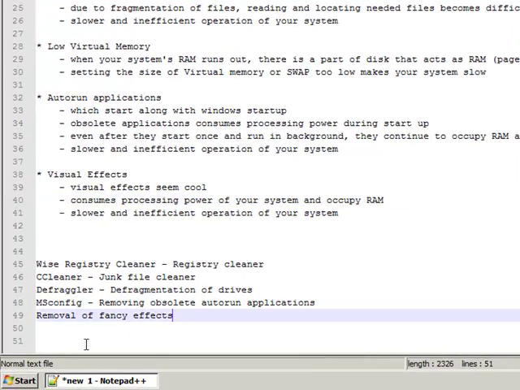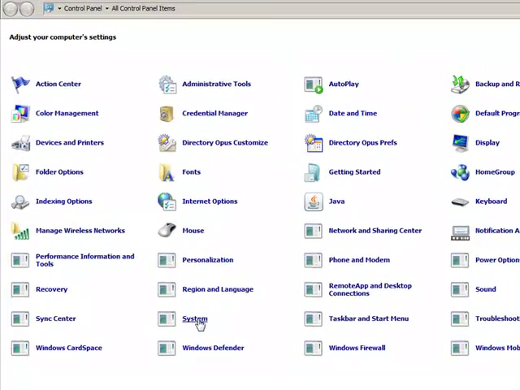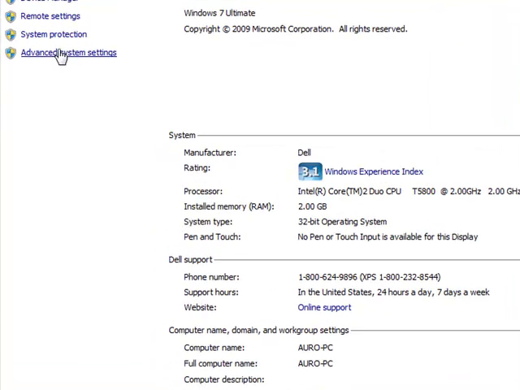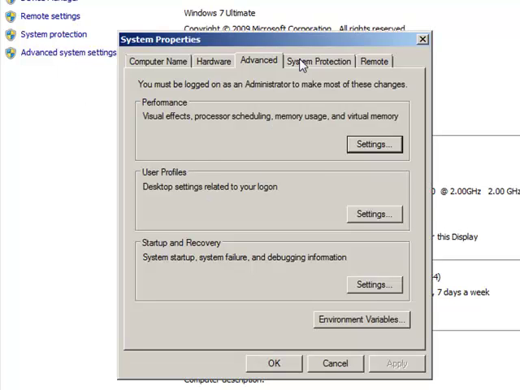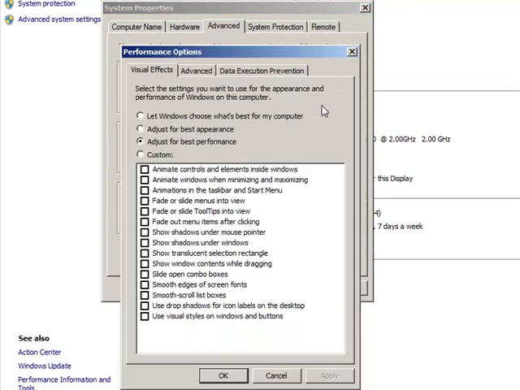Another important step here to accelerate our system is to remove fancy effects from our system. For that we'll be clicking on start, going to control panel, and after that we'll be clicking on system. Here we go, advanced system settings. Here we click on performance. In advanced tab we click on settings,